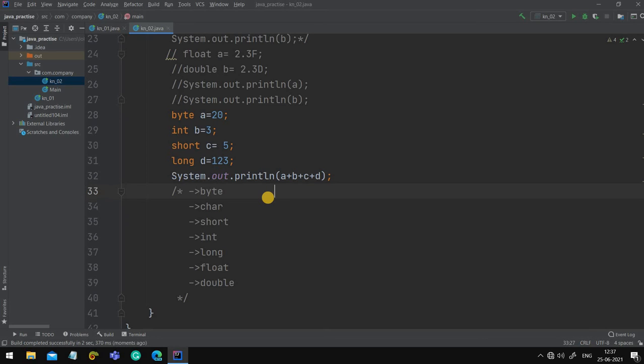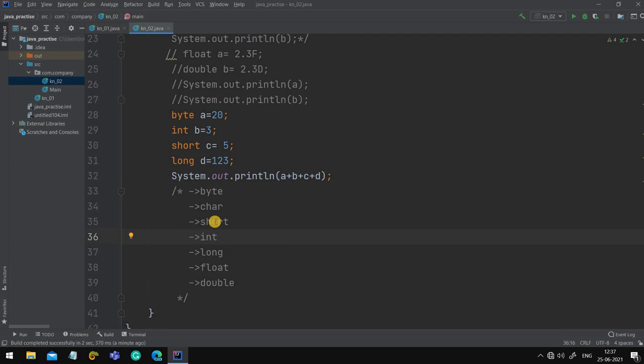You are playing with different types of data types, so you should know which data type will be converted to which whenever we write these values. The hierarchy tells us. If you are adding byte with int, who is down? Int is down, so the output will be converted into int.